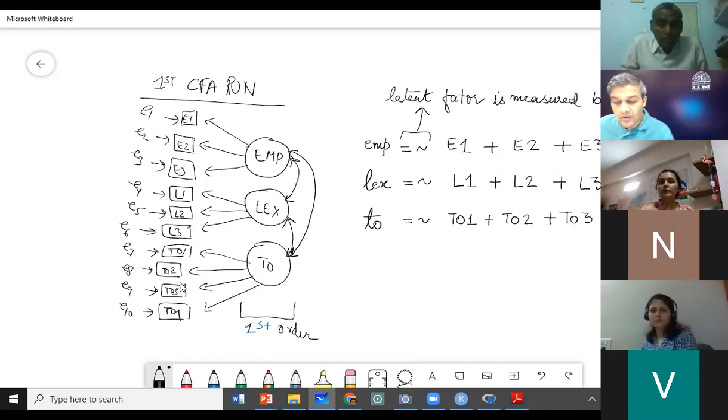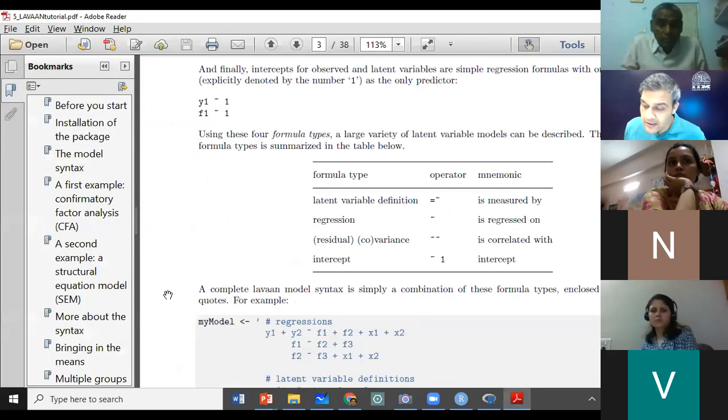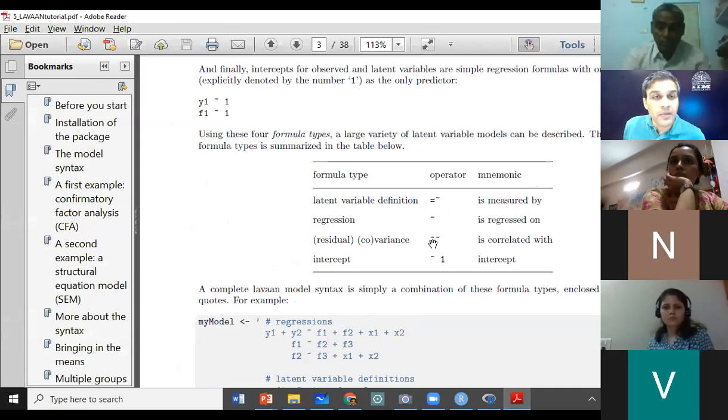Now I also need to model these double direction arrows. I also want to model the correlations or covariance between EMP, LEX, and TO. What is the covariance symbol? It is double tilde. Double tilde is correlated with.